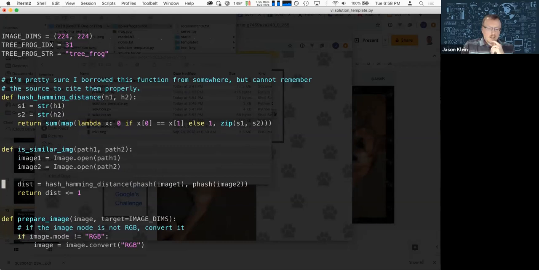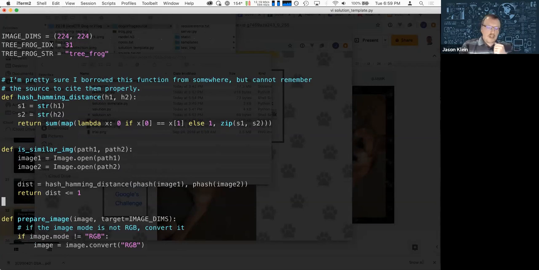That hash Hamming distance function is being called by this is similar image function, where you feed two different images. Basically, that's just reading the two images and then feeding the hash of each image into the hash Hamming distance, and then returning yes or no. Yes if the distance is less than or equal to 1, no if it's higher than 1.